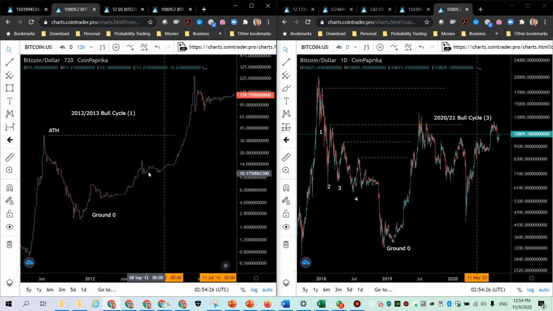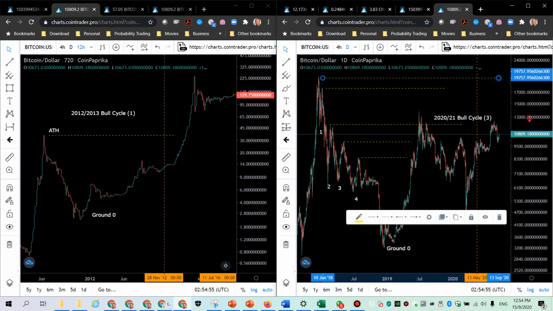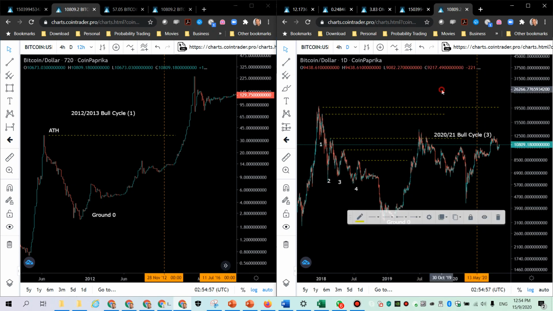And the next move that it did is the moonshot one. So based on the first cycle, the next thing we are going is we are doing moonshot one right around here, right? So that's what we expect. I think next that price should be coming up here because it's not too far away from the all-time high, right? So let's just put another level here, right? So it's not too far away from the all-time high.